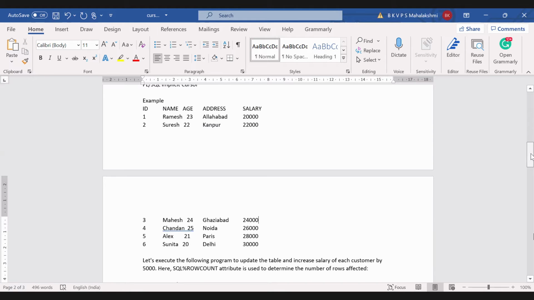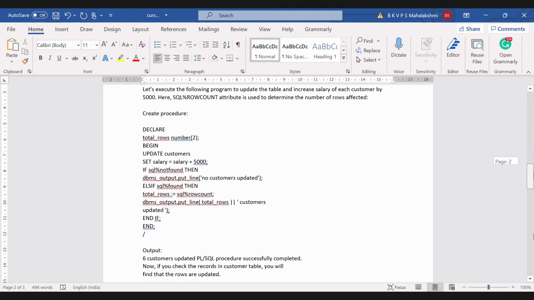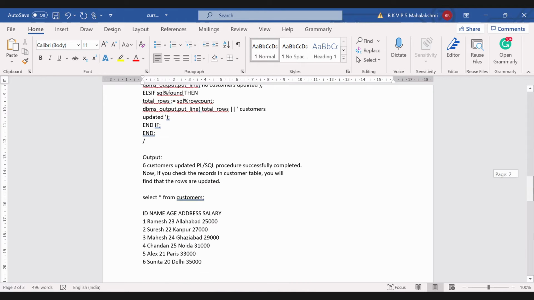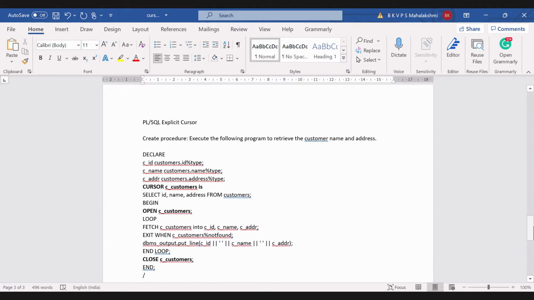Otherwise, if you want to perform an explicit cursor on any table that exists in your database, just be careful. While executing the explicit cursor, you have to change the table name and also the attributes. According to it, we have to give the